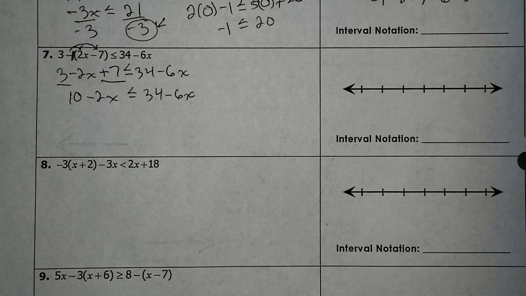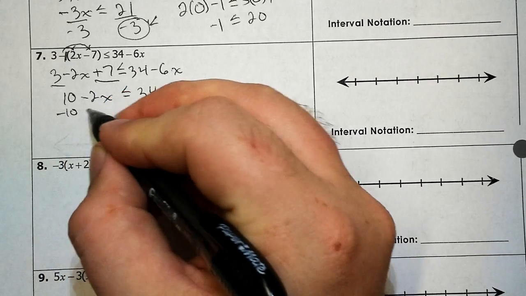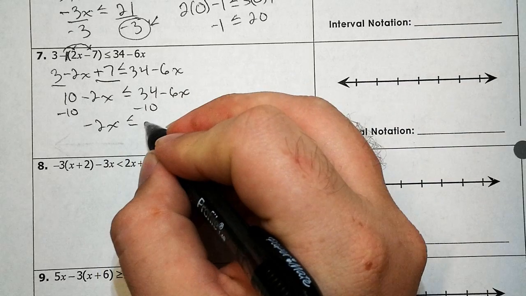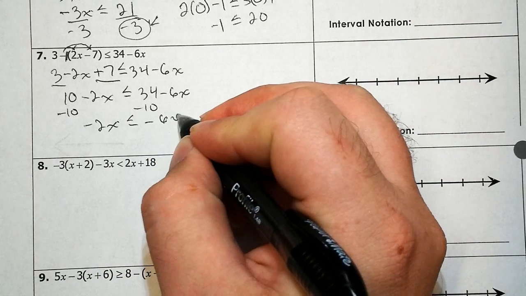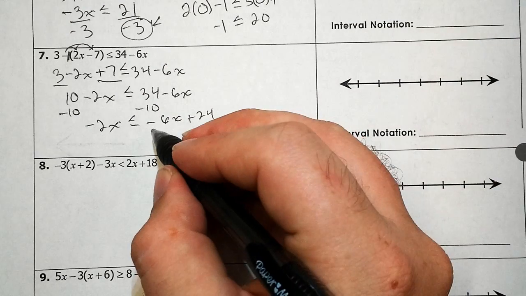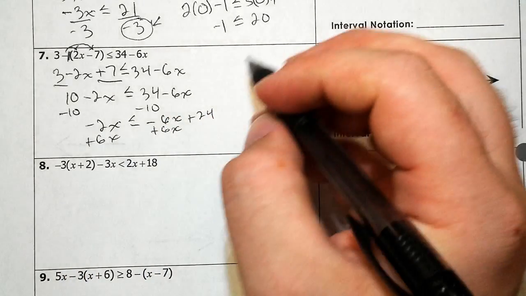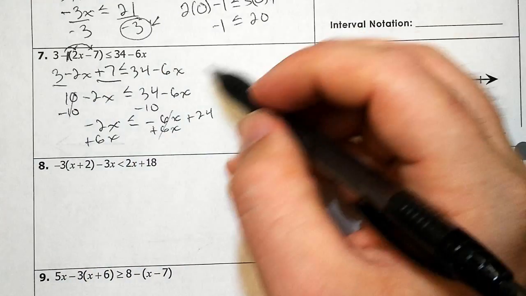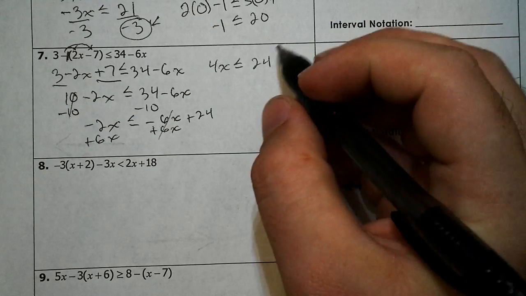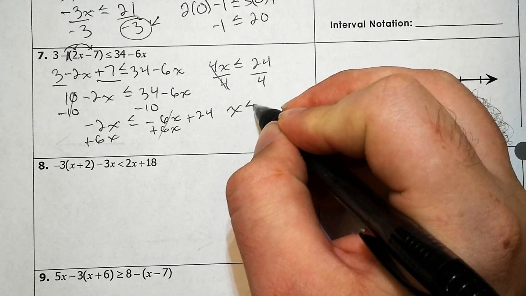And I'm going to move my numbers to one side. I prefer my numbers on the right, so I'm going to subtract 10 to move that over here. So I get minus 2x is less than or equal to negative 6x, and that's going to be plus 24. And then I'm going to move my x's to the other side, so add 6x. Those cancel, and we'll get 4x is less than or equal to 24. Last step, divide by that 4, divide by that 4, and we get x is less than or equal to